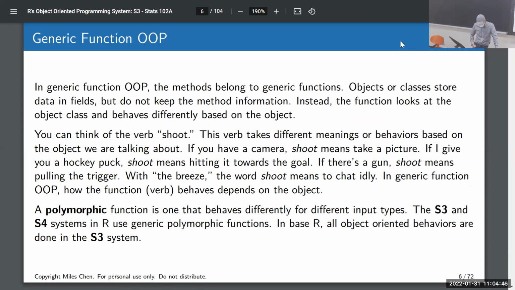Today we'll look at S3, which is a generic function OOP system. In generic function OOP, the objects or classes store data in fields, but the objects don't contain methods, okay? Instead, the methods belong to the functions. They belong to generic functions, and the function will look at the object being given to it. It will figure out, hey, this is the class of this object, and this is the appropriate thing to do. So for example,